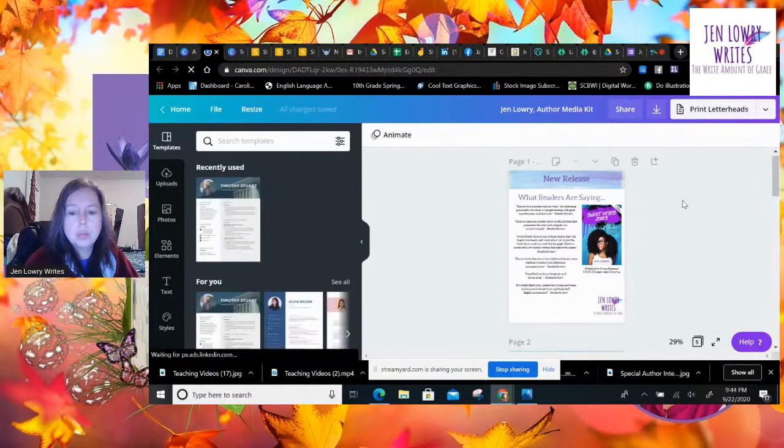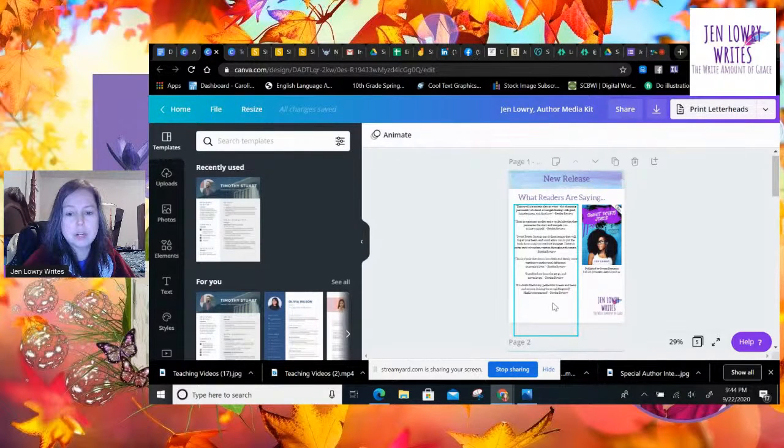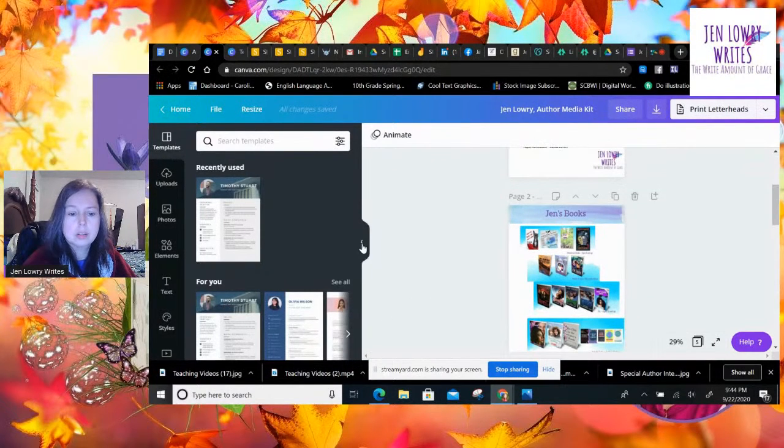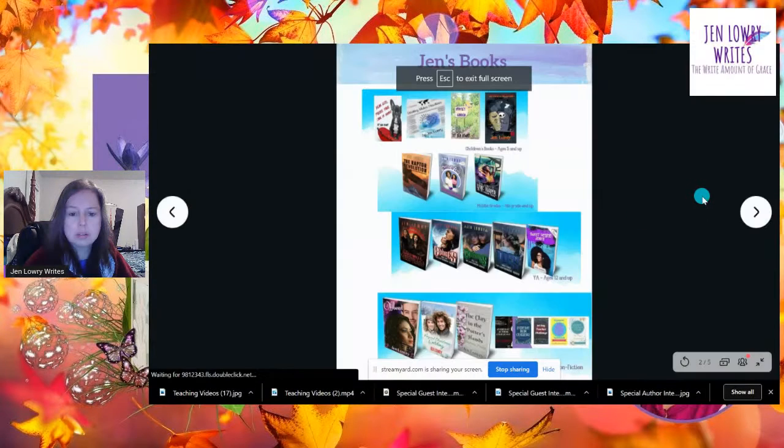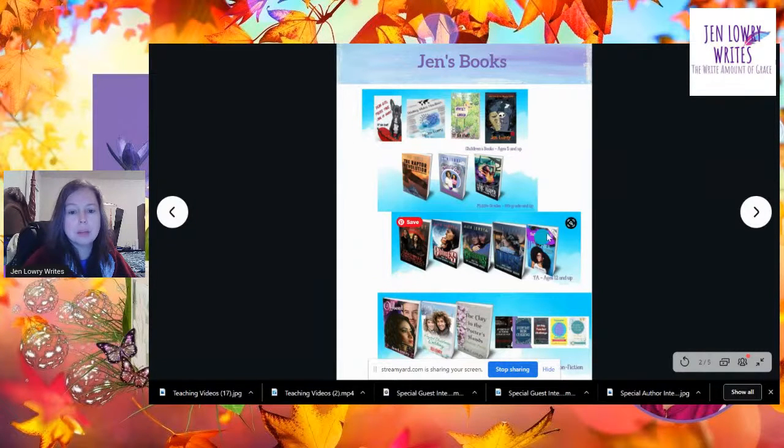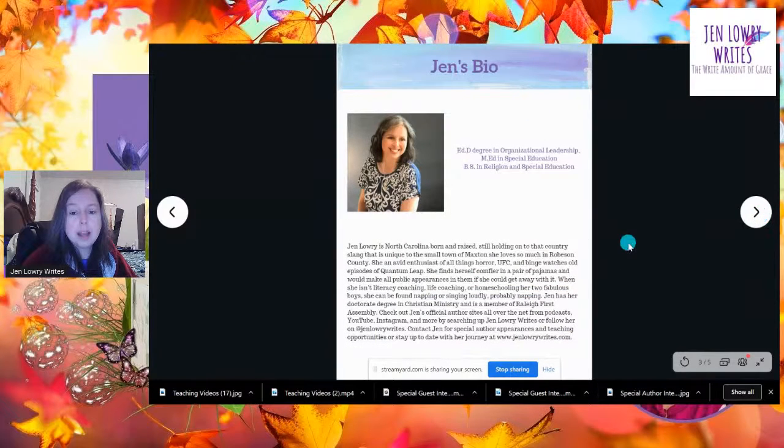And so I started it with what readers are saying about sweet potato, and then I put down the different reader reviews. And then I'll make it big. And then I made each individual banner that shows all of my published books based upon their ages. And now I've made these banners, and I'm going to get to use those again for my website or for different times when I'm promoting certain age groups. Then I used my bio. This is the bio that is directly from my publishing company, so it's best to use that one in case they would find me on those sites.